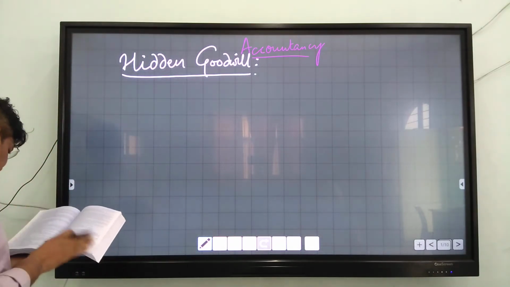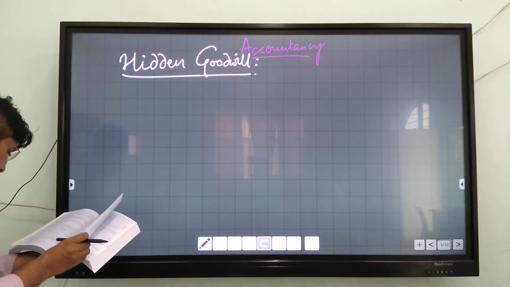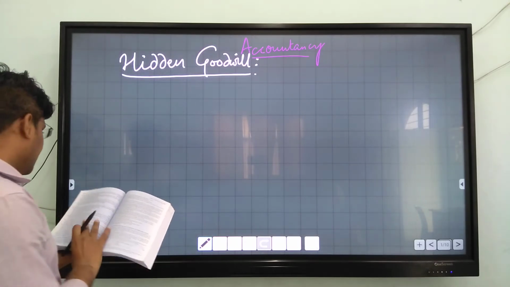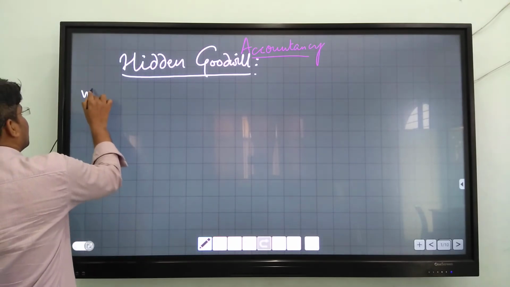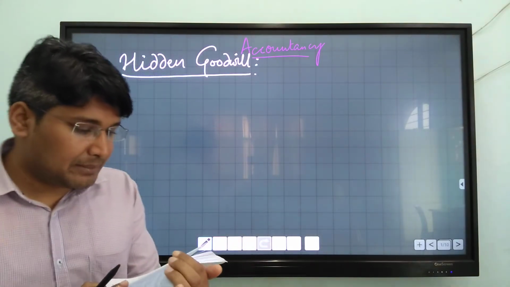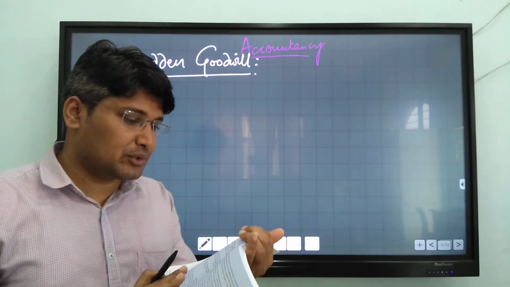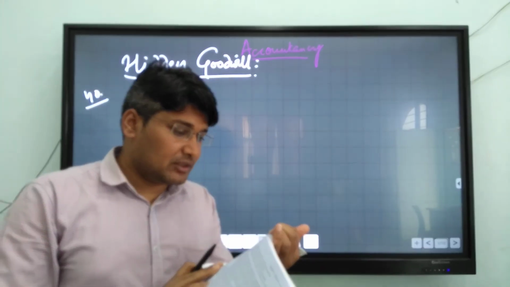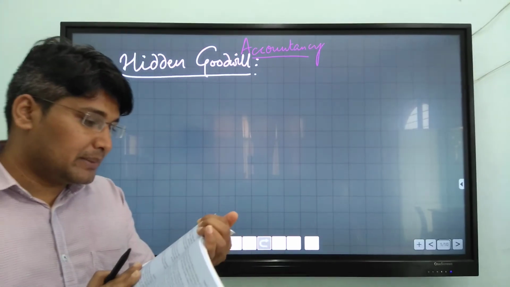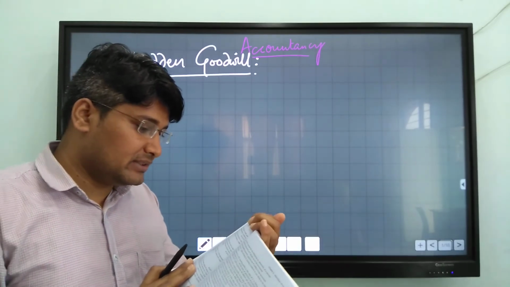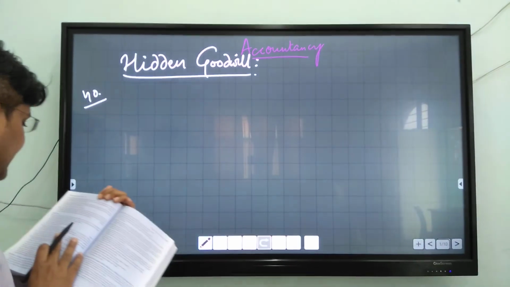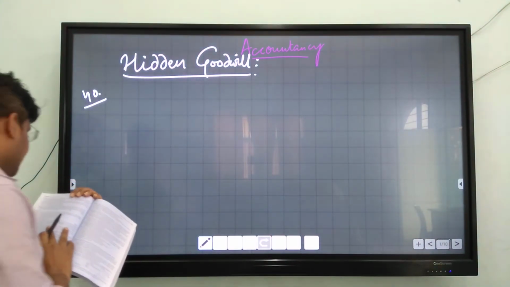Then we will understand the question from TSK. Question number 40. The question is, Vinay and Naman are partners sharing profits in the ratio of 4:1. Their capitals were rupees 90,000 and rupees 70,000 respectively. They admitted Pratik for 1/3 share in the profits. Pratik brought rupees 1 lakh as his capital. Calculate the value of the firm's goodwill.